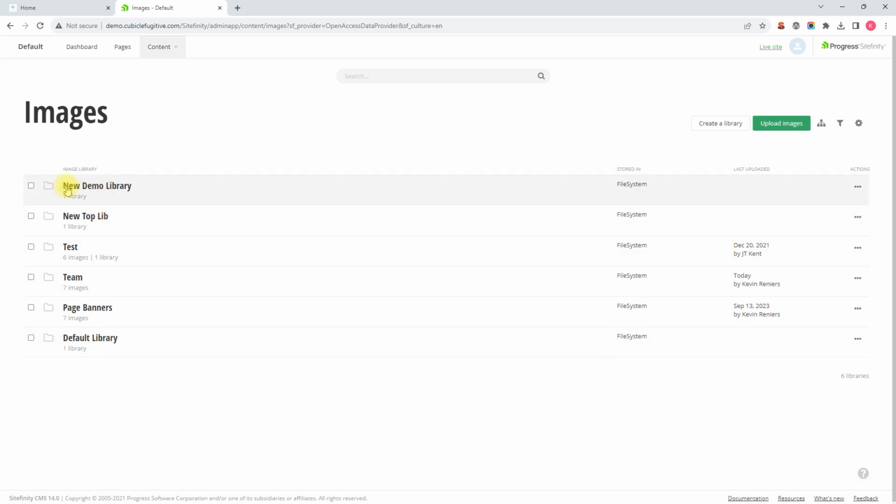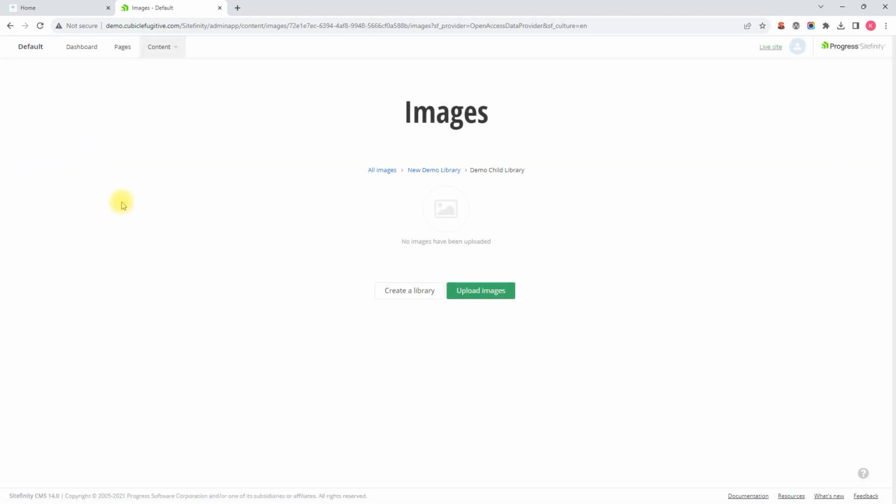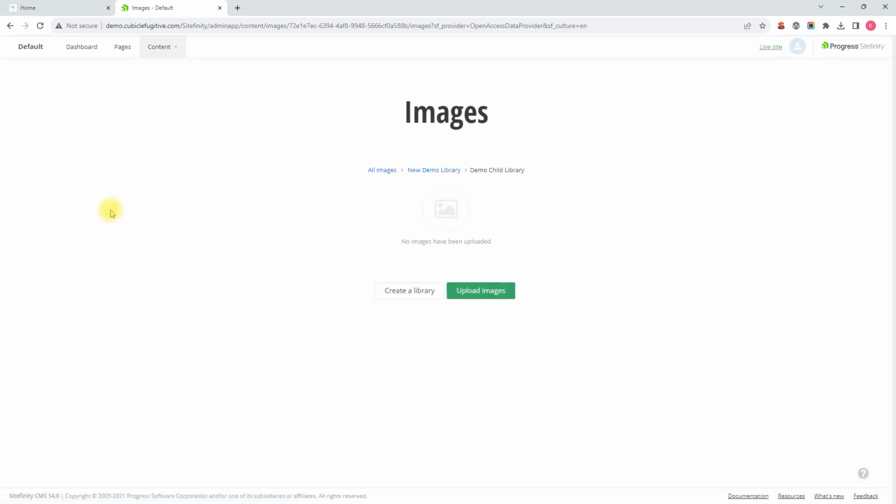And so there's our new demo library, and you see the small print. It says there's one library inside there. So I could click in there, and then I could click into the child library, and here you see, because there was nothing, I'll back up one second, there's nothing inside the demo child library. So when I click on it, it's basically asking me to either place some images in here or create another child library. So I'm going to click Upload Images,